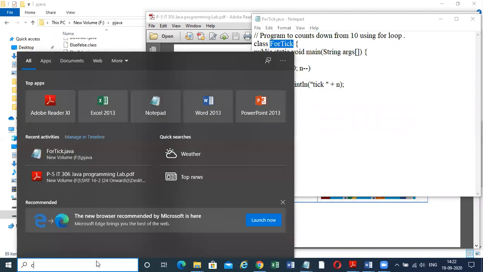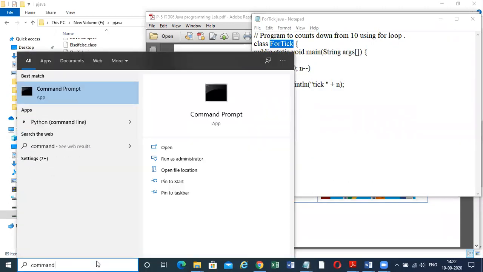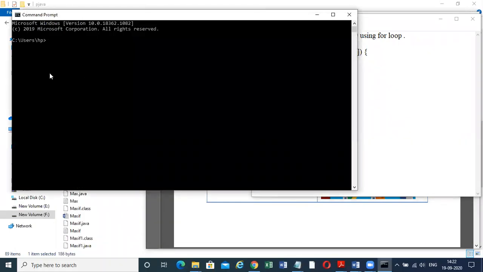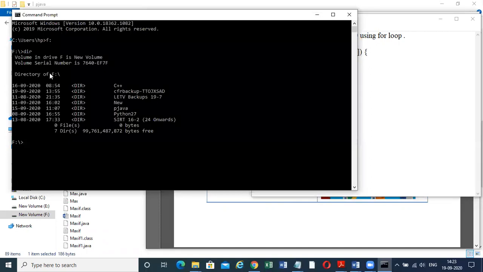I have to open the command prompt. That is the command to open the command prompt. I am here as usual in the C drive, but my folder is in the F drive, so I will jump to the F drive. I will write F colon and press enter. Now I am in the F drive. Inside the F drive, I will see how many directories there are, so for that I use the dir command. Now there is one directory, pjava, in which all my programs are. So I will move to pjava with cd, the change directory command, and pjava. Now this is the pjava folder here.